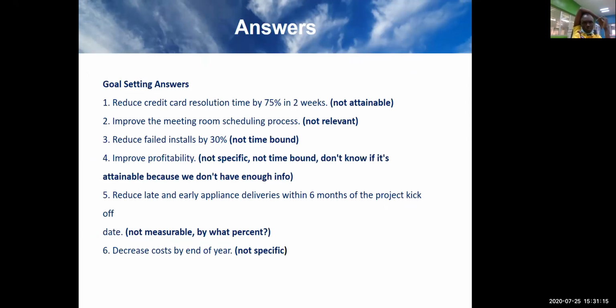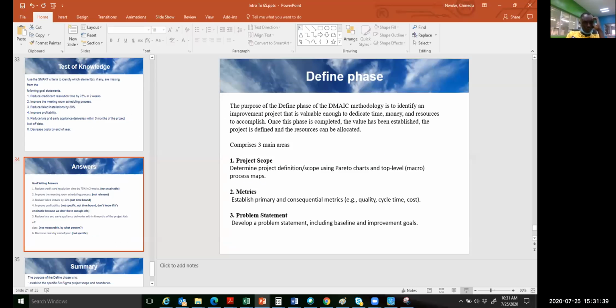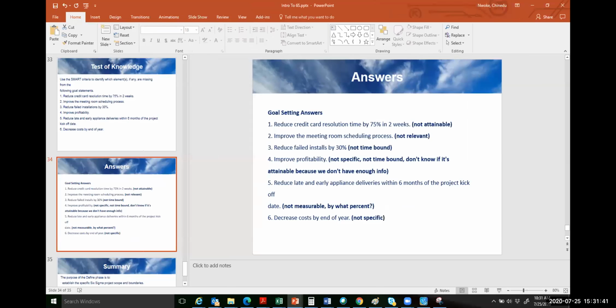Now I would want to show us an example. Let me look for an example of a project charter, because the output of all this process is to have a well-defined project charter, right? And that project charter is very critical for us to go to our sponsor to say this is the project we want to drive, and this is the result that it's going to deliver. All right, let me share this with us.